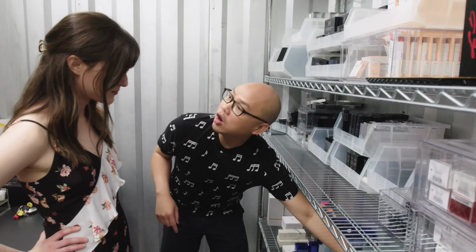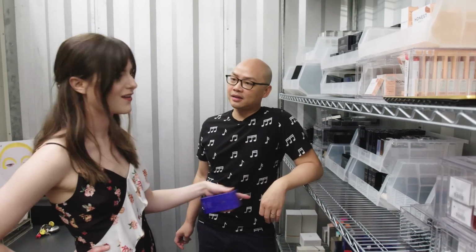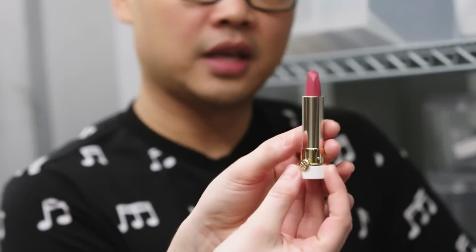I didn't know you created this with Tatcha. Oh yeah, I created her lipstick. It's one of the best. It's sold out and it was impossible to find. Of course you created it, but it was so good. Kyoto Red. I worked with Vicky to create the base, and now we just switch out the